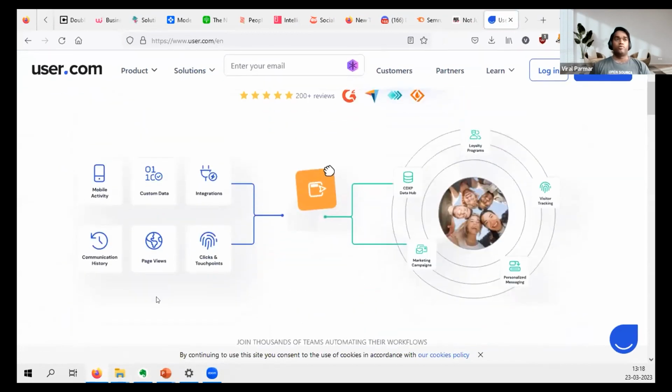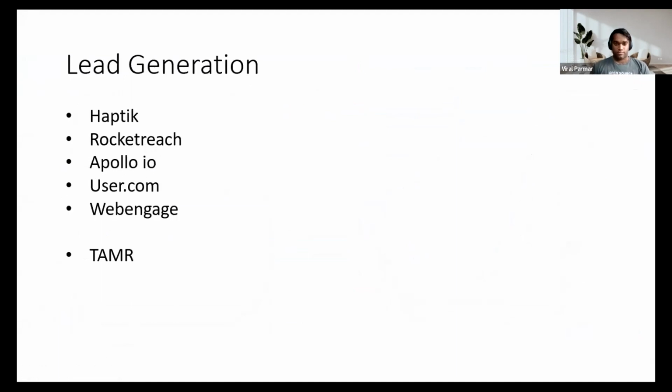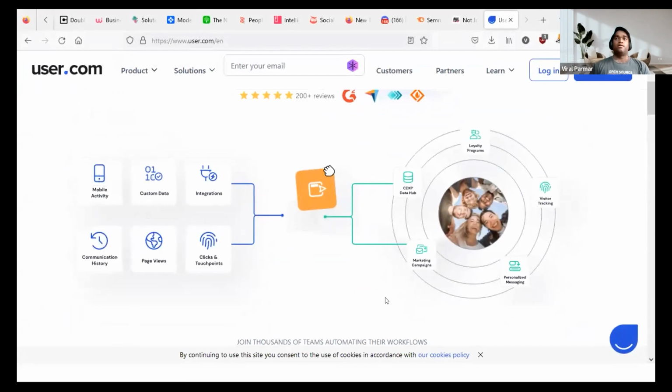So user.com is very helpful for lead generation. Here you can see the things that are happening if you're sending emails or if they're using your application, you guys can track it down. And what kind of websites people are using, and integration. You can also integrate a lot of other tools with this website, right? So you guys can collect data and track what the users are actually doing. Let's say they are using your application or services or the emails that you have sent, right? So everything can be tracked very easily.